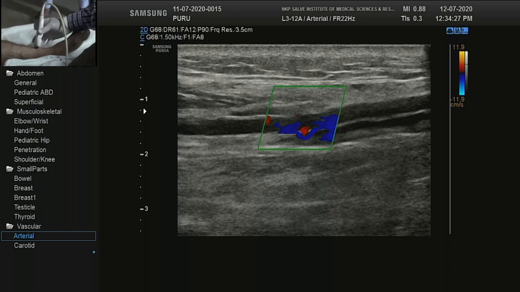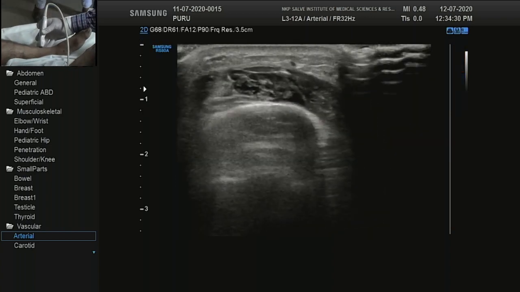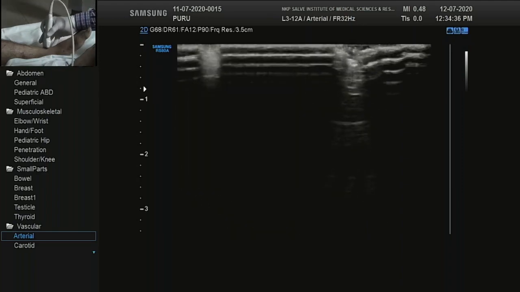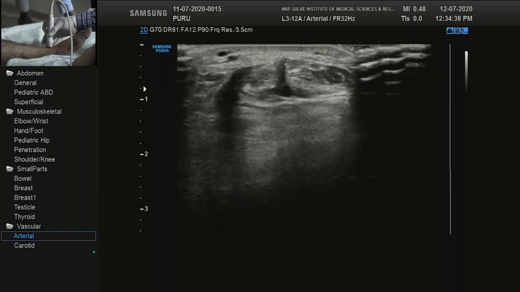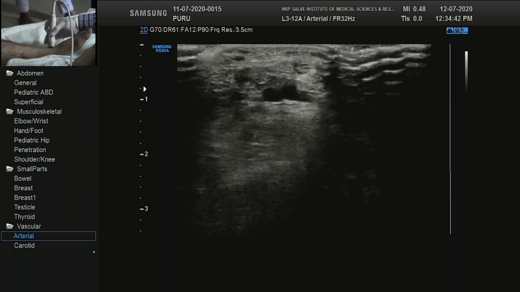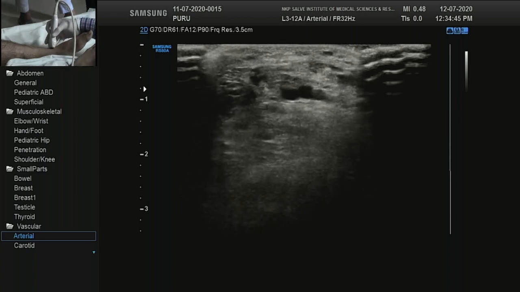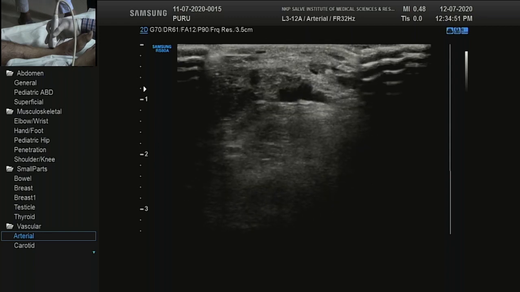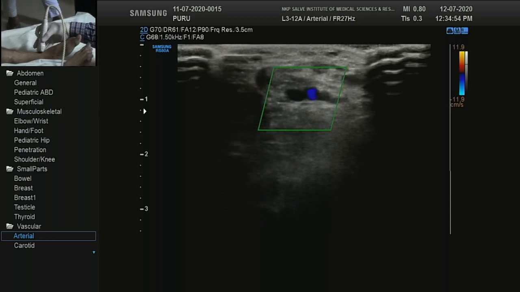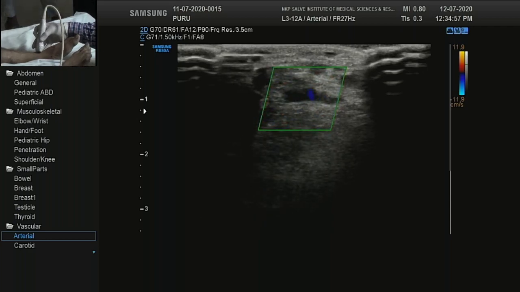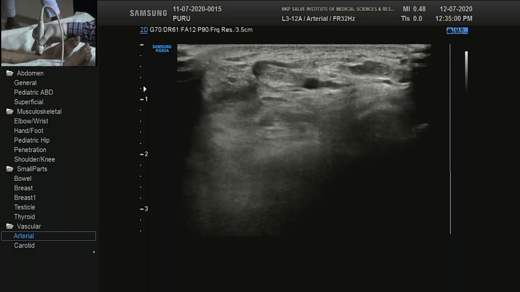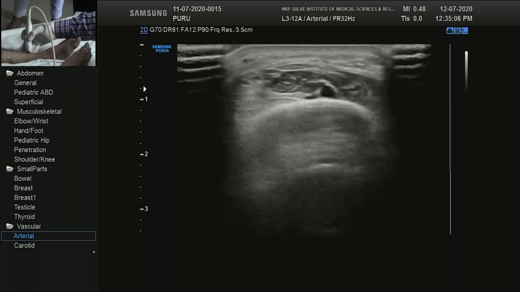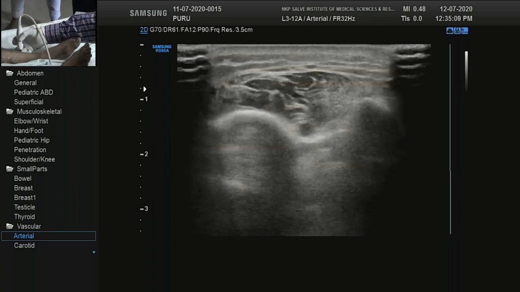Again, here on the B mode we keep the probe just lateral to the tibia at the ankle level, or if you keep at the ankle level, you keep the probe anteriorly over tibia, and again you see the three vessels. Why I have made the patient sit is one, getting me comfortable, and second is filling up the arteries, filling up the veins, sorry. The veins get filled when the patient gets seated, and you can make out the artery and the vein. Again, just give it compression, the veins get compressed, artery you can see it nicely, and then you can trace it in transverse. That artery is going laterally.